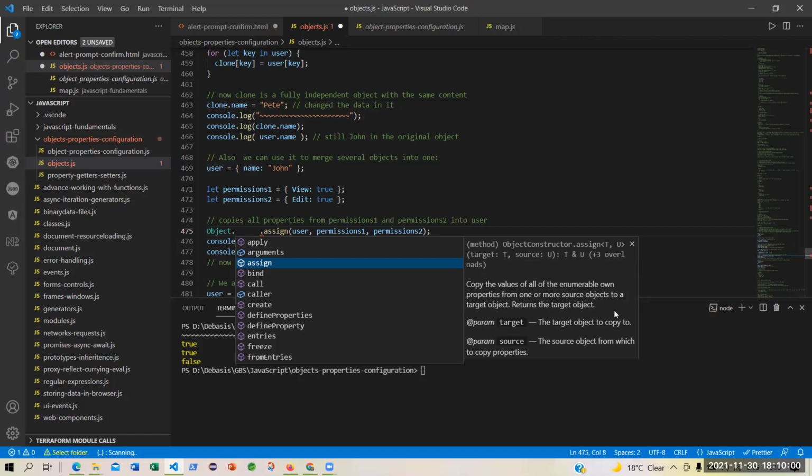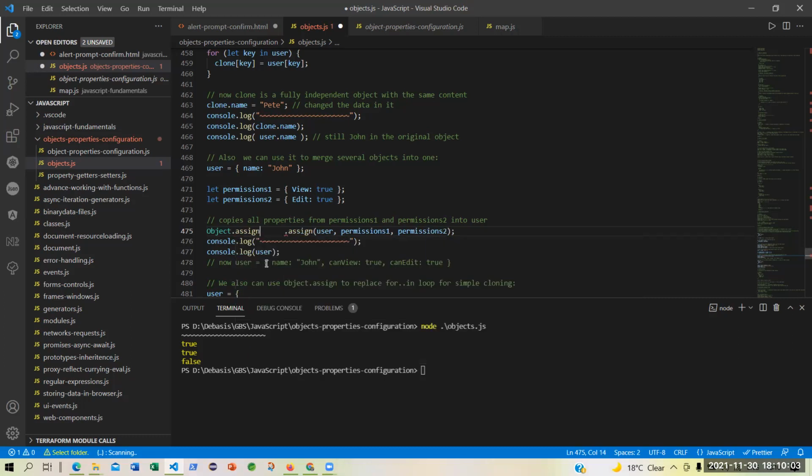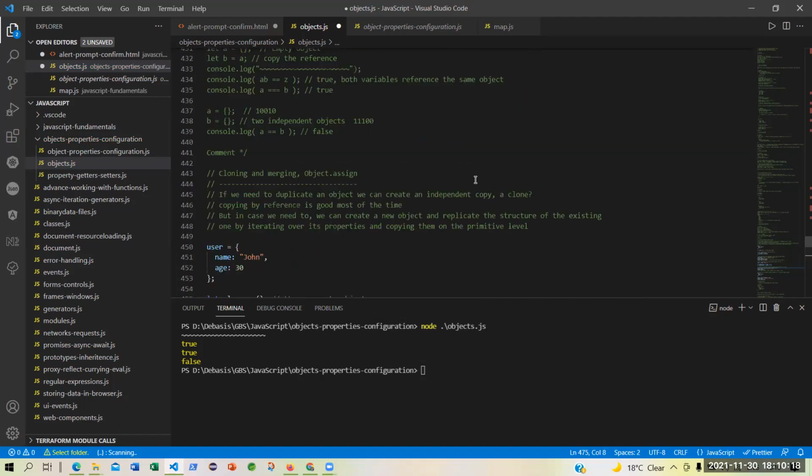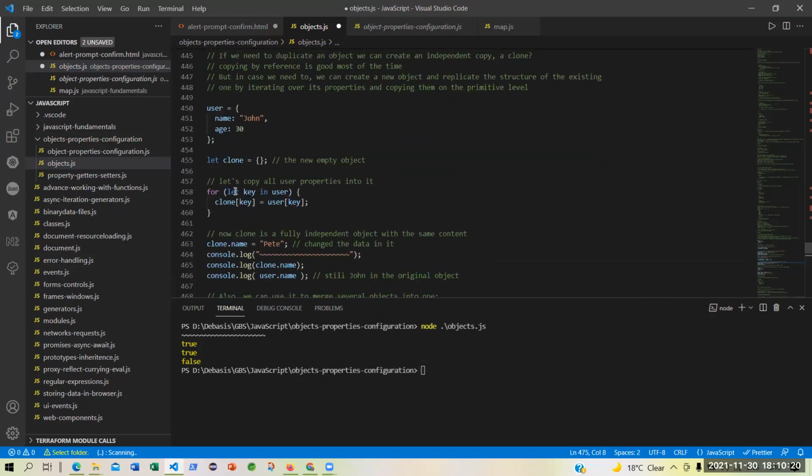So by default, I say assign. So this is one of the functions. By default, when I use an iteration, I can iterate through the object. Can I not? I say for, this is a loop. I can iterate through an object called user. So can I say that user is enumerable?